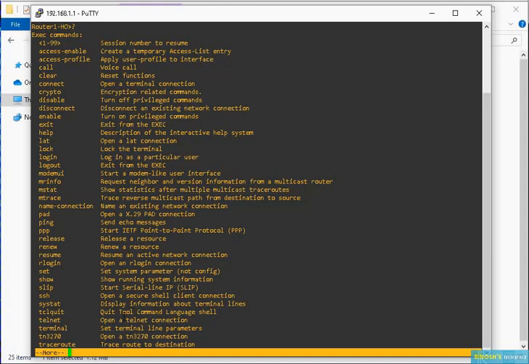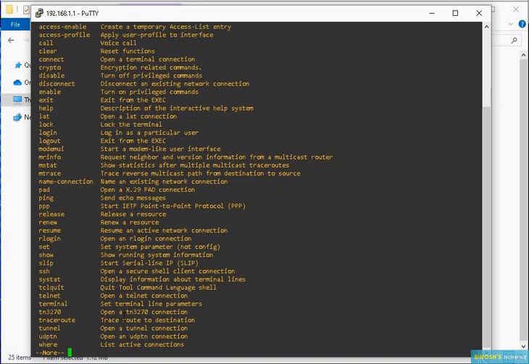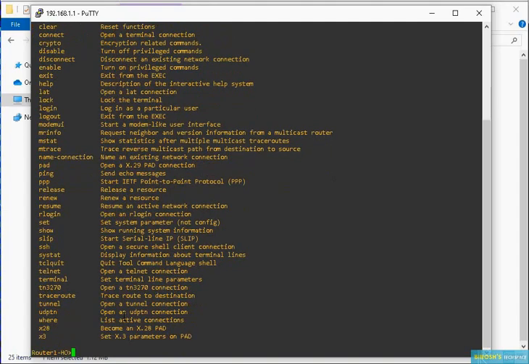To view that, either you can press enter, so it will go line by line, or you can press the space bar. The space bar will take you page by page. So enter means it will go line by line, space bar it will go to the next page. If you have multiple pages, you can just press the space bar multiple times. So as you can see, in this mode you have very limited commands available.